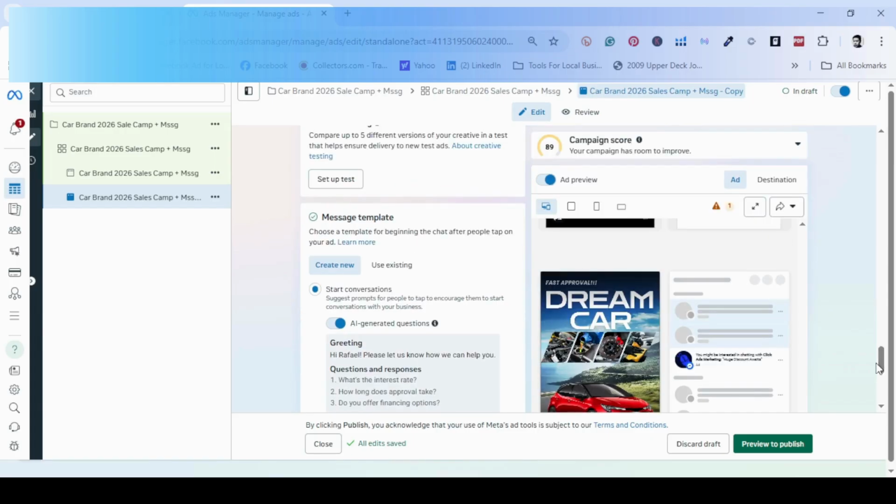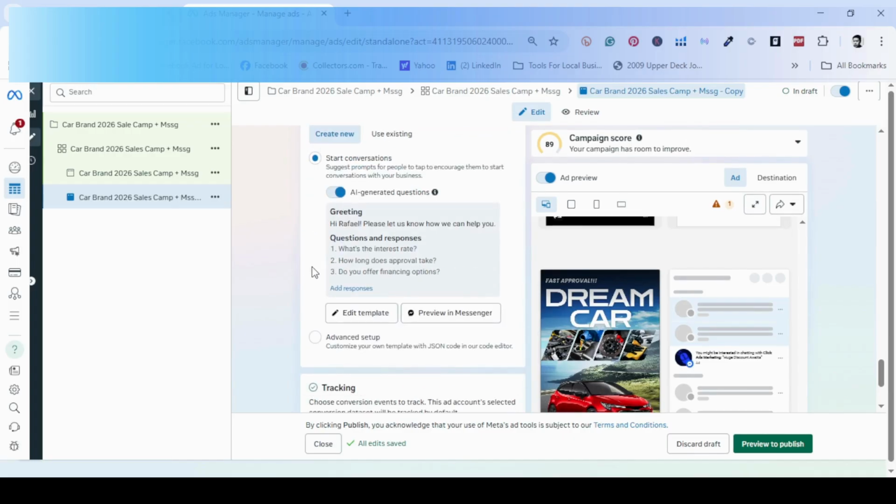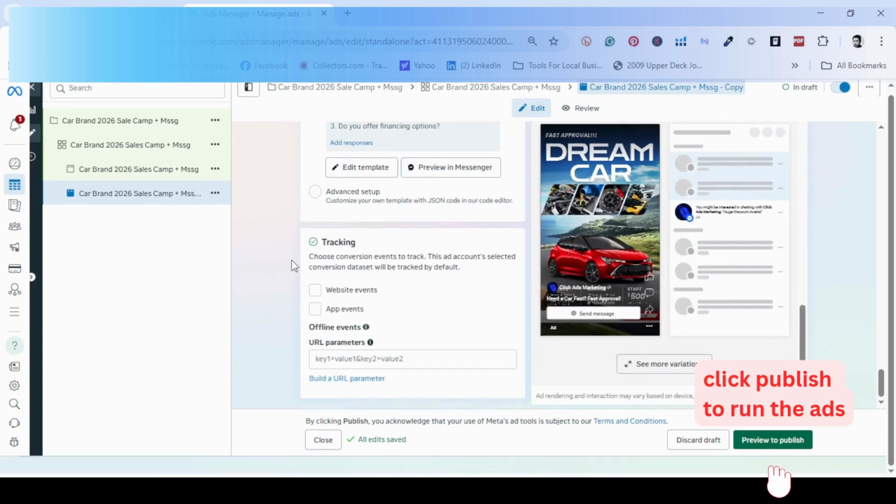Okay, I forgot this. You can edit your message template, but I prefer to use the Meta AI for generated questions, so it will be easier for us. All you have to do is have a ready answer for these questions once your campaign ads run. Okay, so that will be all,